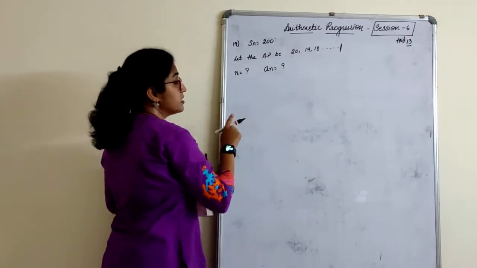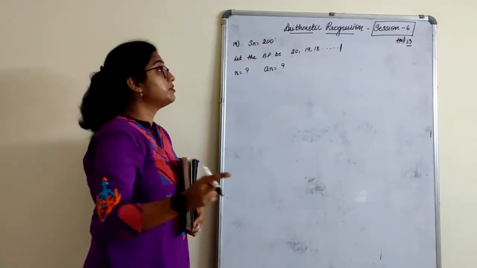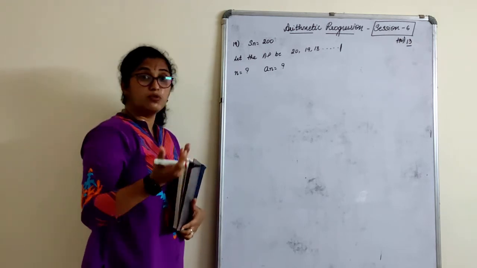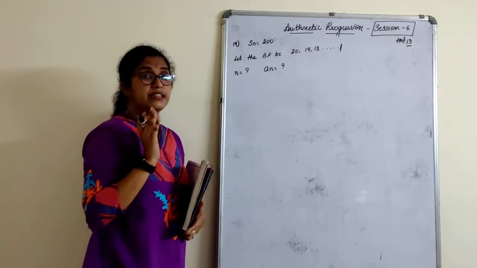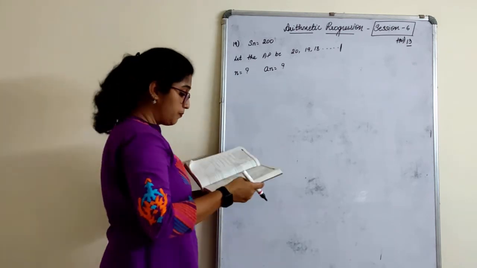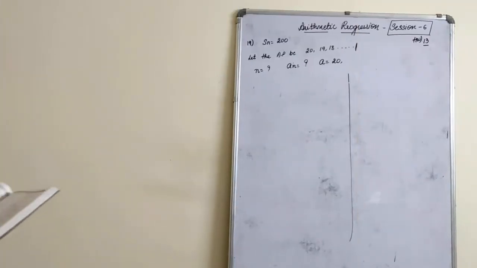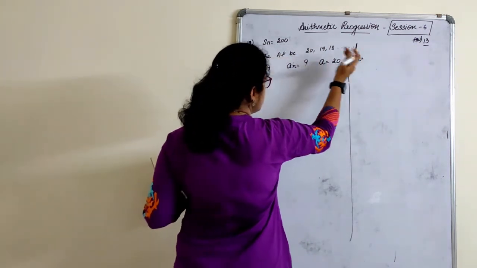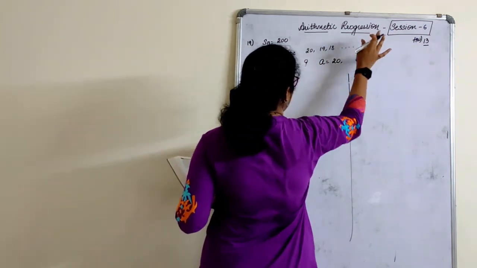If you understand this, I'll tell you what you all will do here. You take this only as an and solve. Because when you read that there are 200 logs, an, the last term, is an, the whole question goes wrong. Let's solve with this now. Common difference is 19 minus 20, which is minus 1.